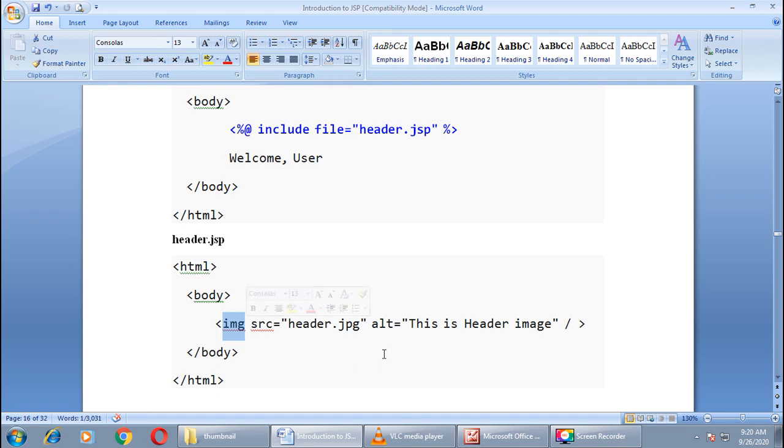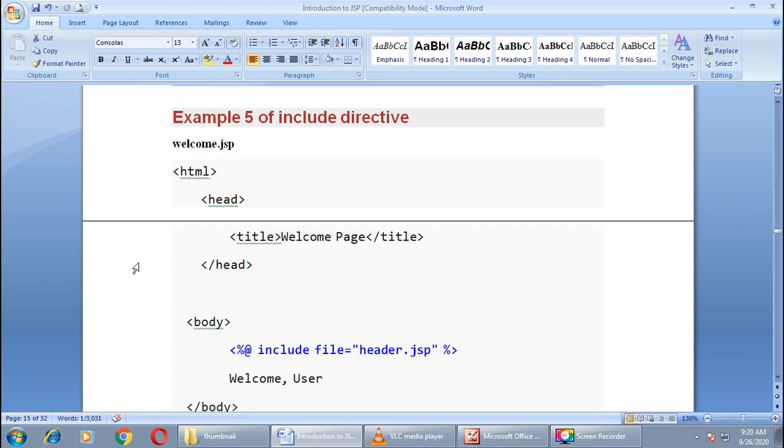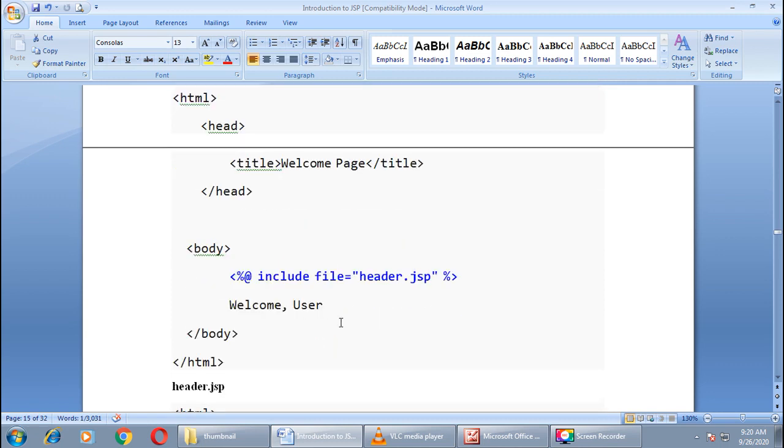If the image is not available, then as alternate text I want to display this is header image, right? So I want to display an image in header.jsp, and this header.jsp I have included in my welcome.jsp file, right?